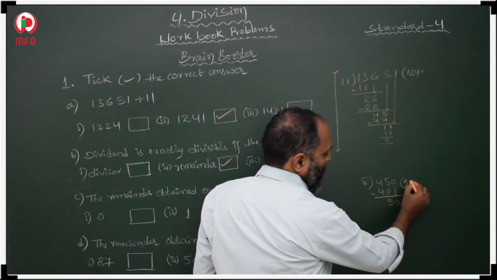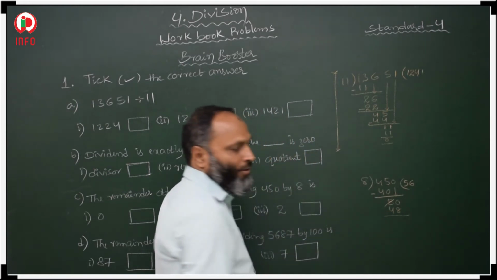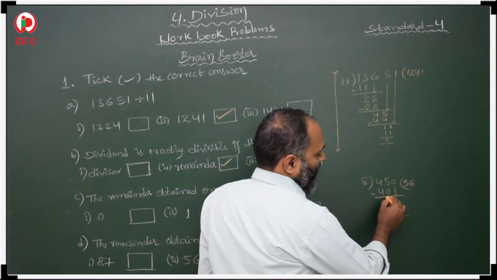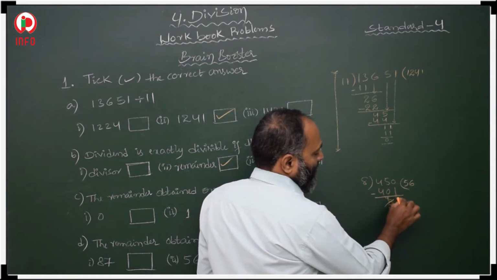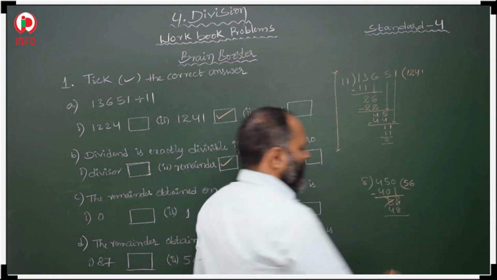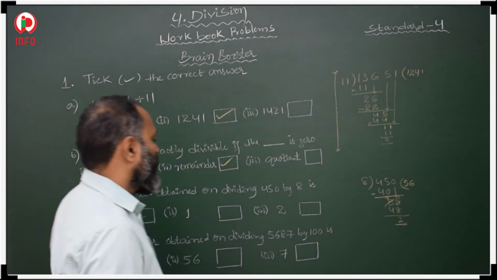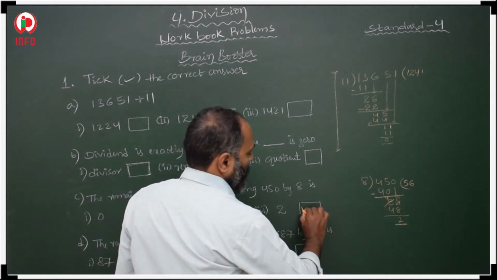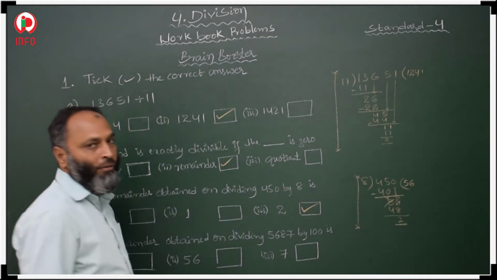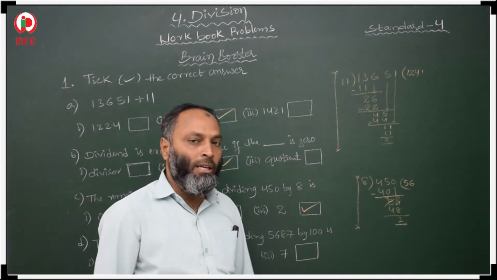8 6 48. And take borrow from here from tens place. So 1 ten we are taking as a borrow. So then here it will be left 4 tens and we get here 10. 1 ten is equal to 10 ones. 10 minus 8 is 2. What is the remainder? 2 is our remainder. So we have to do the division in rough column and we have to check what is the remainder. That we have to put tick here.